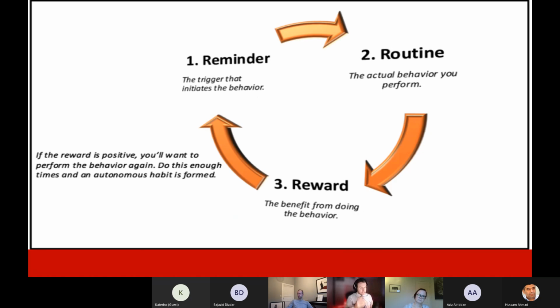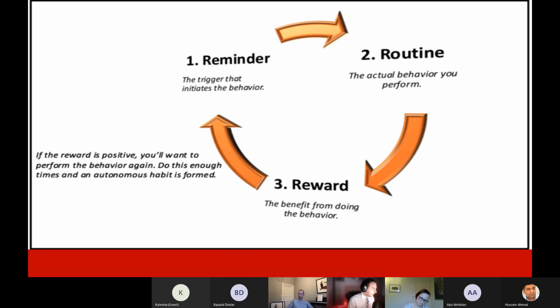So, this is the habit loop. It's a reminder, a routine, and a reward. The reminder is the trigger that initiates the behavior. So that can be taking up your toothbrush or going to the bathroom before you go to bed.